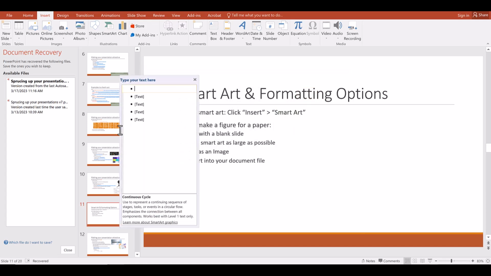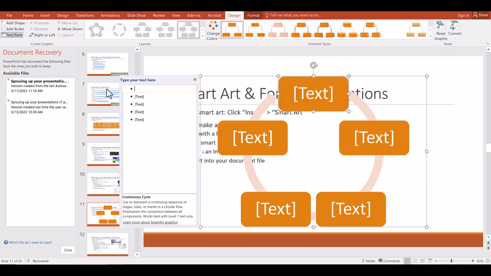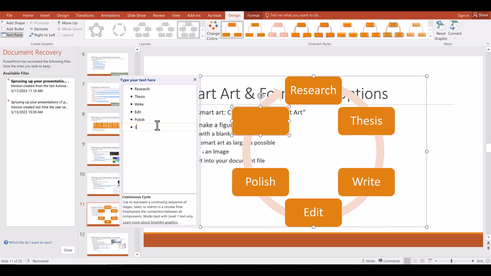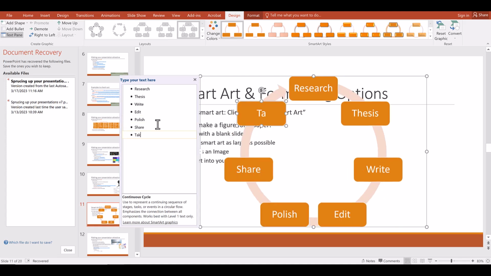So we'll do the continuous cycle. And you'll see that it automatically changes the size of the text to make it all uniform, which I really, really love. If I need more options, I can just go ahead and click enter. It automatically adapts to that.